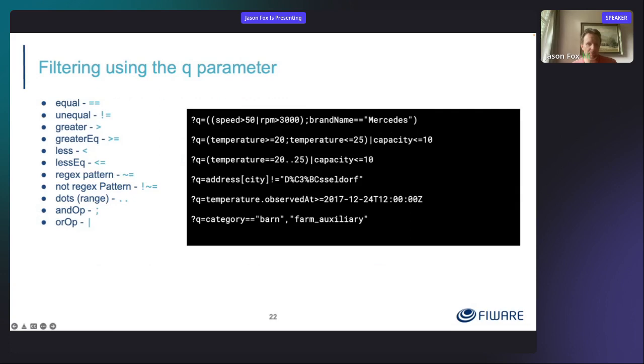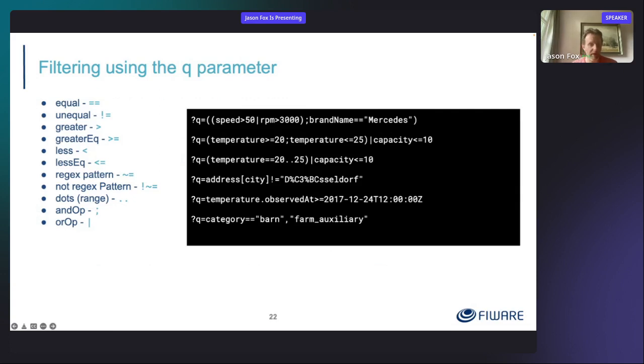Within the Q parameter, you have got a wide range of ways you can split up your data. Obviously, you've got your less than, greater than, less than or equal to, greater than or equal to, fine, whatever. But the ones which are of more interest for advanced operations are the ones in the bottom half of the query. It is possible to query on regexes if you've got simple strings, or if you have an array of strings and you want to do a regex, an object within it, you can do a tilde equals followed by the necessary